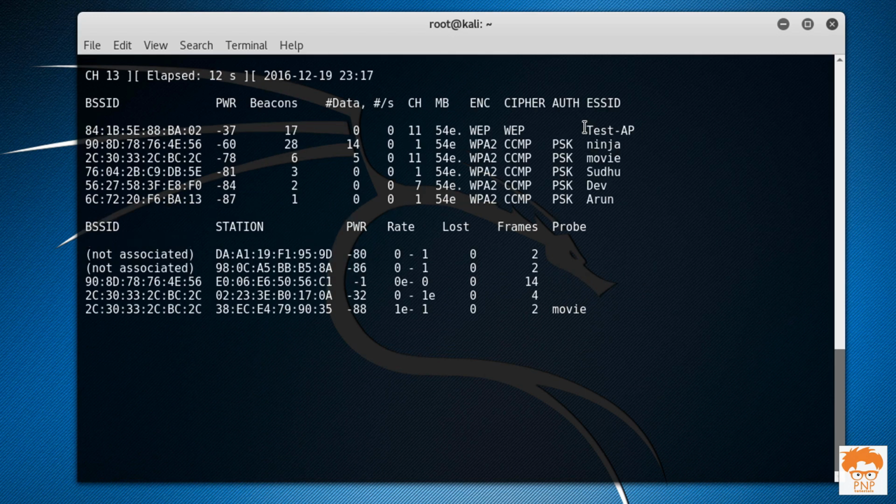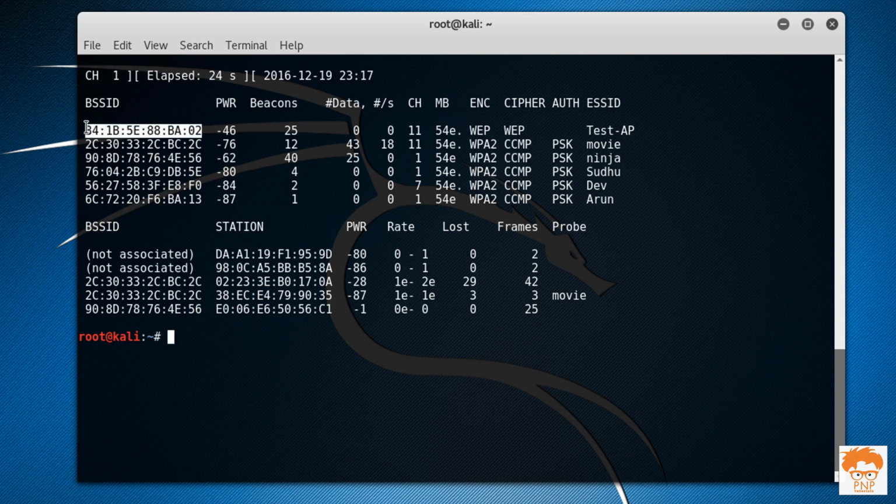This is my own Wi-Fi router. I am using this router just for demonstration purposes only. I'm not hacking anyone else. So press Ctrl C. Now what you need to do is copy this. Now we need to find the complete information about this MAC address, and for finding the complete information about this router, we need to type in here a command called airodump-ng